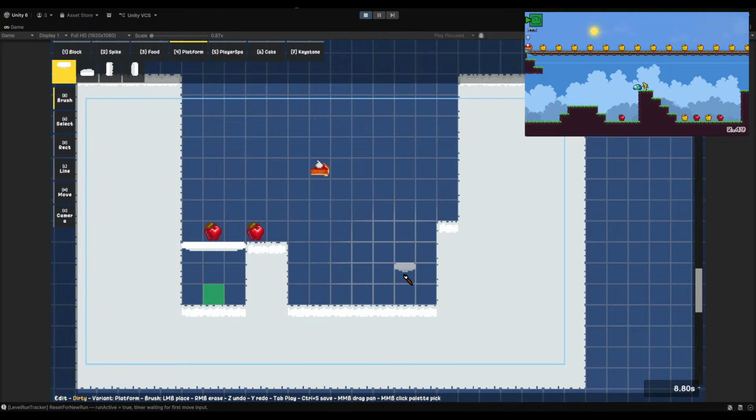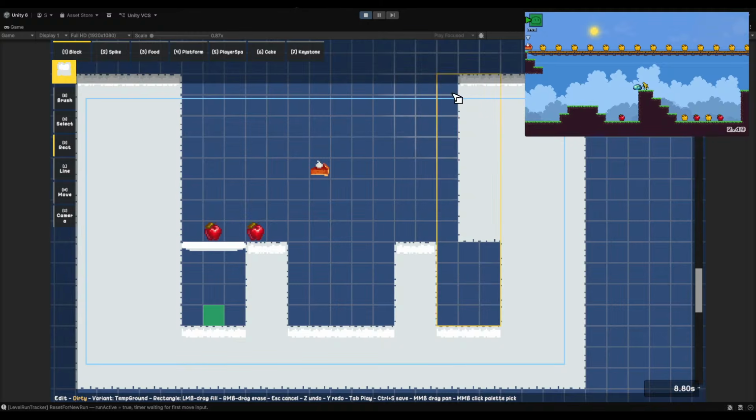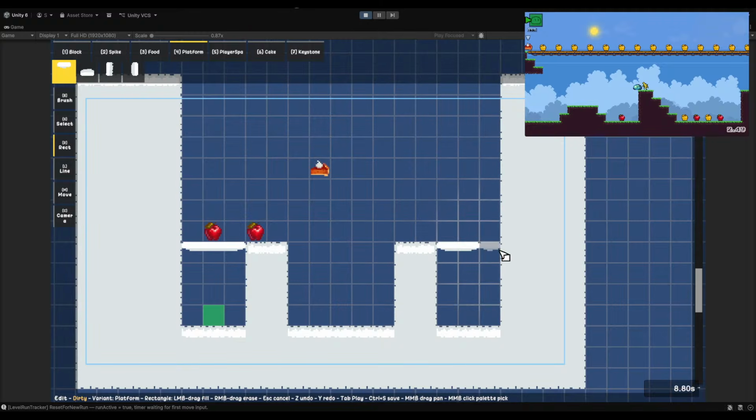Maybe I'll just use the platform for this too. Oh, and I have to make everything one higher. Actually, we could just delete the ground. Oh, now the player can't jump up. Shoot. Oh, that's just ugly because there's apples just floating.